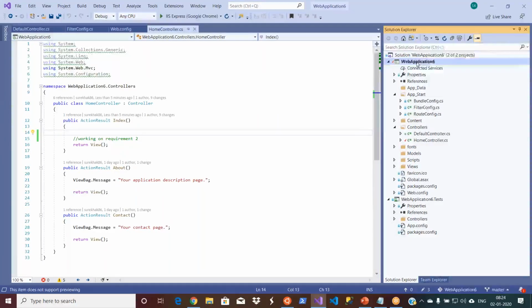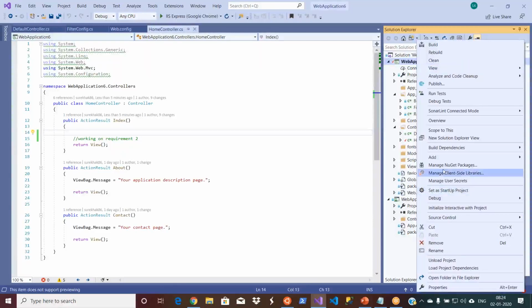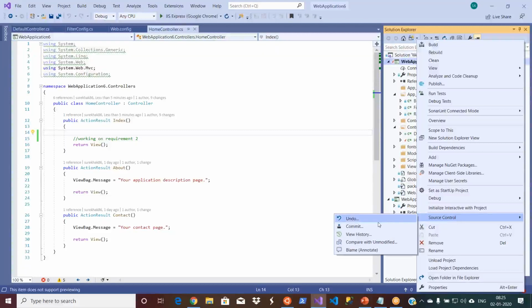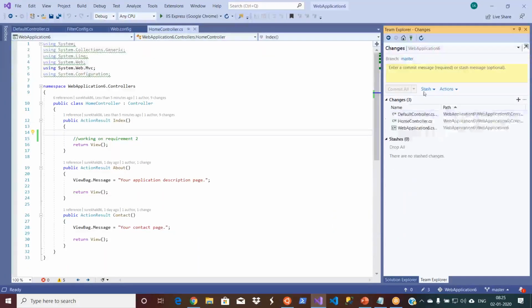So when I'm checking in and committing, let's go and commit. So the commit is in the source control. Let's go and commit and give some comment, test stash something. So now what I'm going to do, instead of selecting commit all and push, since I want to preserve these changes, but I don't want these things on the source control, now I'm going to do a stash all and keep staged.